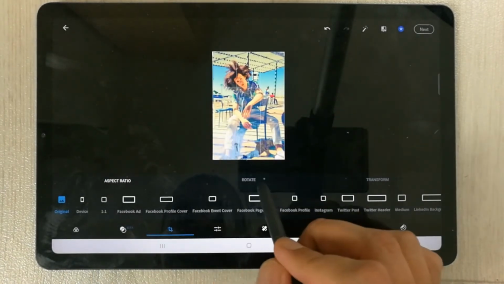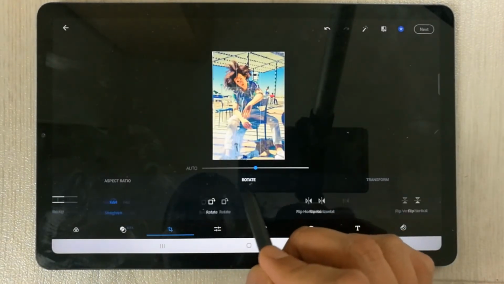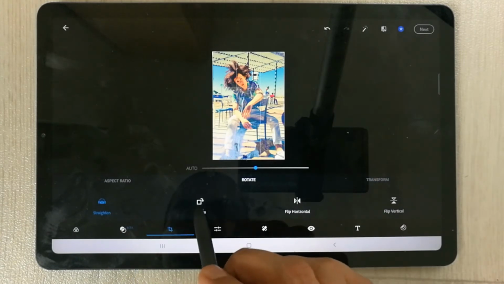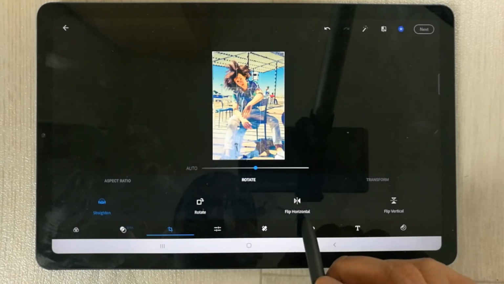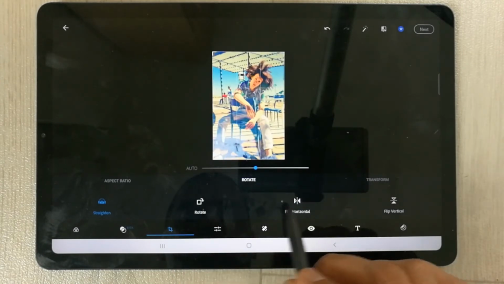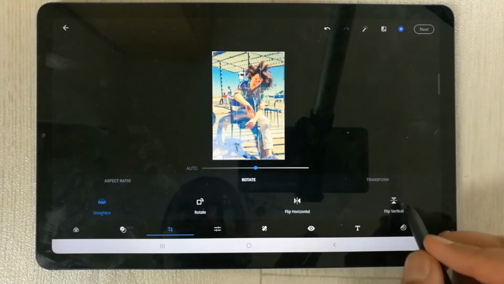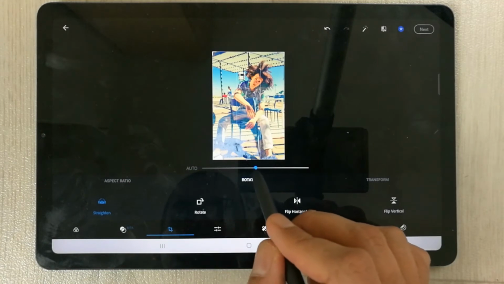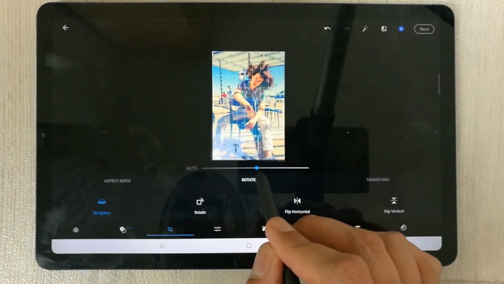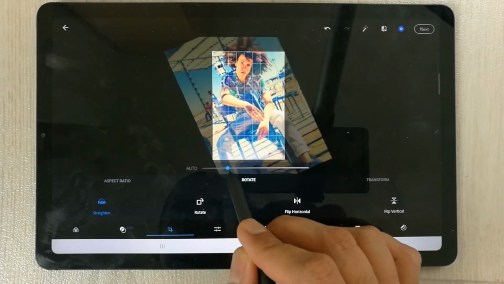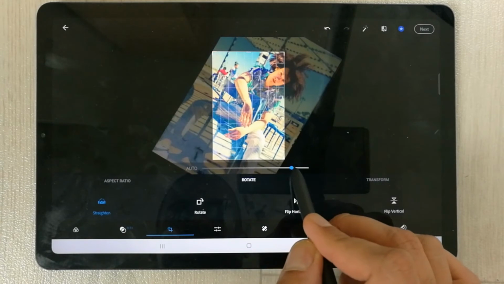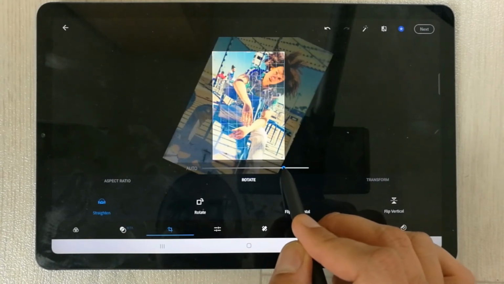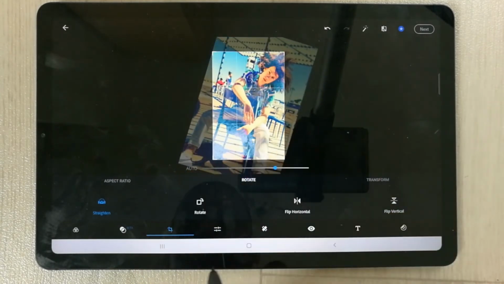Okay, the next option here is the rotate option. So once you click on rotate, you can rotate your photo. Okay, you can rotate it to 360, and then there is a flip horizontal option. So you can see over here, you can flip it horizontally. Okay, and then there is a flip vertical option. So this is really cool. And then you can also flip it like this. You can see over here, I'm using this line, and then if I increase it, it will change the photo horizontally. So you can change it according to your need.